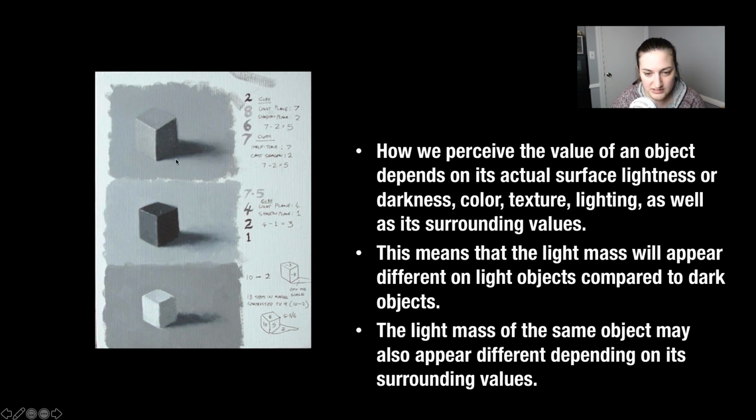It's kind of an interesting study. So again, with local value, and we're going to look at a couple of these optical illusions, if you will, this is an example of how the surrounding objects can make something look different,